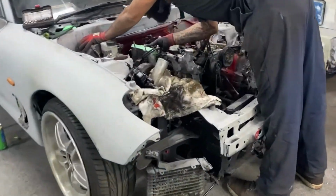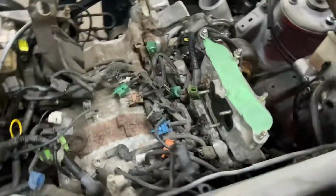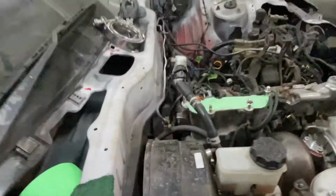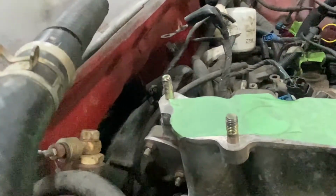What are you doing over here, man? Just blocking off this little thing. Oh, nice, making some emissions blank off plates. I got one here, you can see. Oh, yeah. Cute little one there. What's that alloy? Stainless alloy? 3 mil alloy. Job nicely, and you've used some of that red